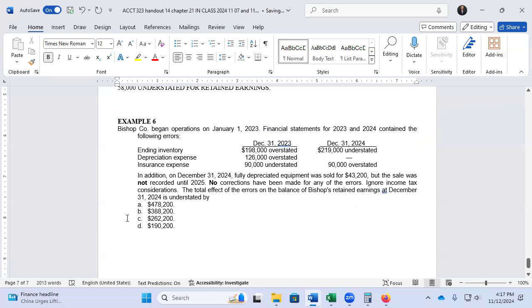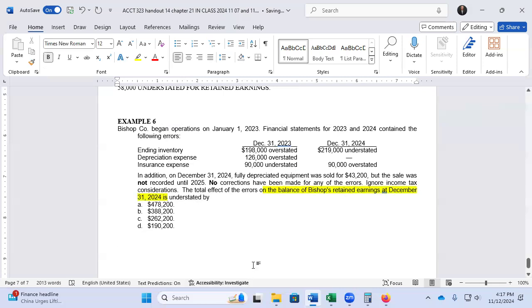Bishop began operations on January 1, 2023. Financial statements for 23 and 24 contain the following errors. Ending inventory is overstated, understated in 24, depreciation expense overstated, insurance expense 90,000 understated, 90,000 overstated. In addition, on December 31st, 2024, fully depreciated equipment was sold for 43,200, but not recorded until 2025. No corrections have been made for the errors. Ignore income tax consideration. The total effect of the errors on the retained earnings at December 31st,